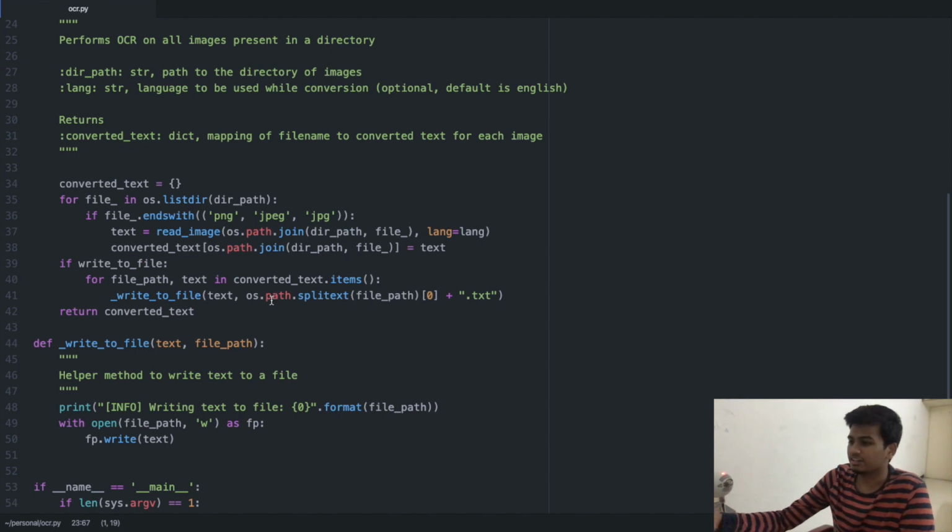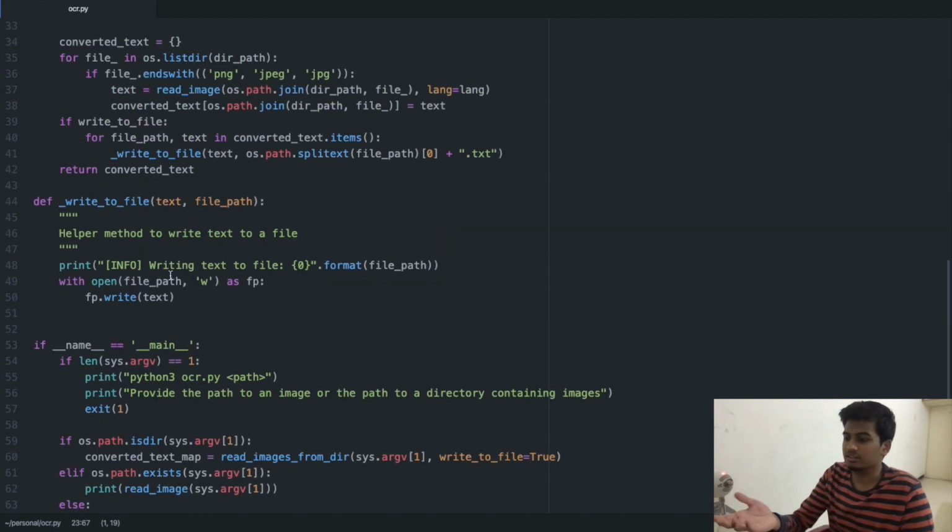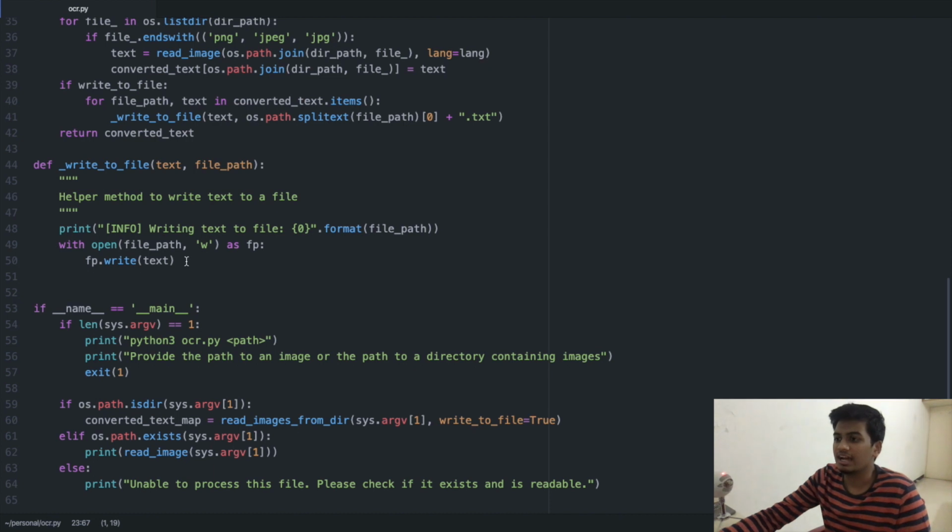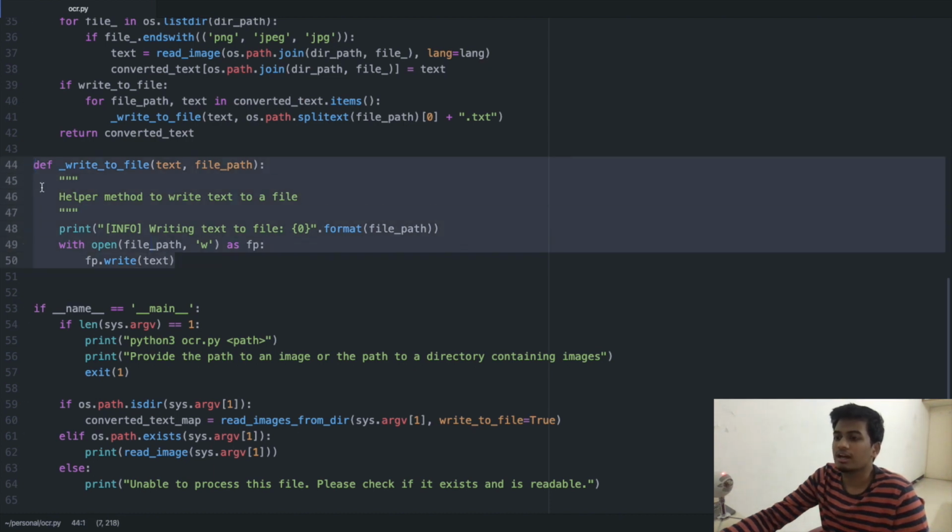That is a bit more handy because if you have 100 images in a directory, it's not very easy to read a dictionary output and make sense of it unless you're using it in another application. If you directly want it to be done, then writing to a file makes more sense, and that's what I've done here. And here we have a small helper function, write to file, which just writes the contents to the file path which we specify.